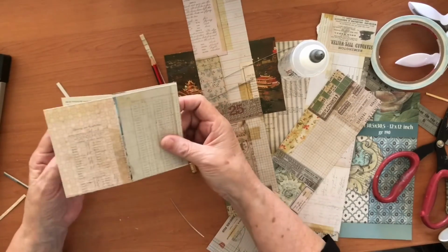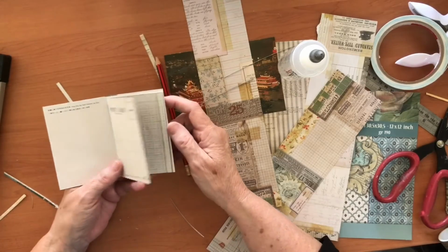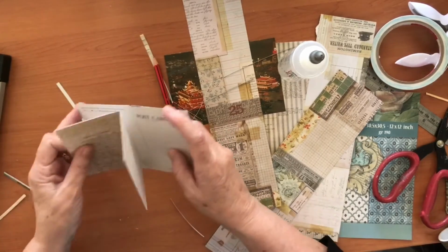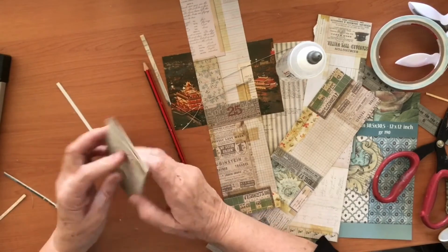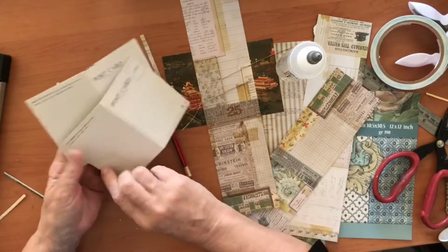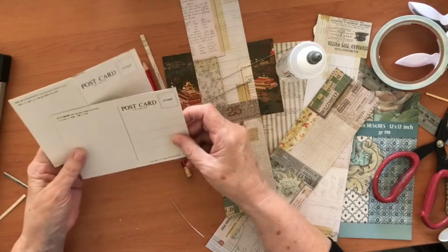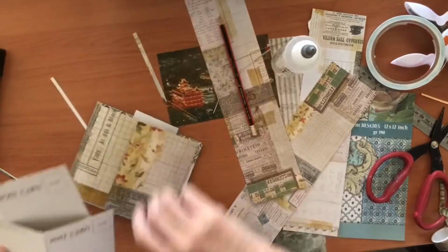So you could have your pretty paper in the center and rebuild your postcard almost like this. And then that would be that side. So you could do that into a little mini book. Not a bad idea. Or you could just use these in your big journal and put them all together. So if I look at where we are now,